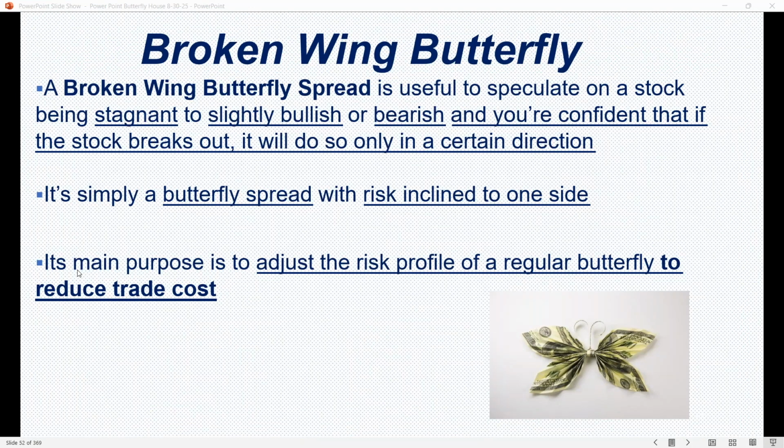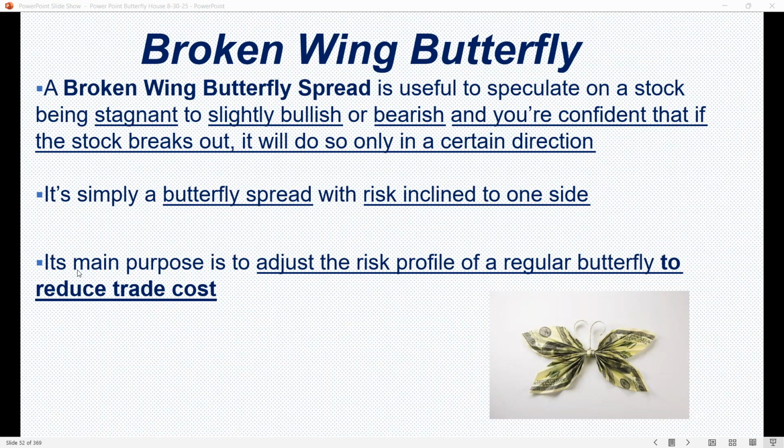Now here's one that John was just kind of referring to. This is what we call the broken wing, or sometimes you might hear it called the skip strike butterfly. And the butterfly broken wing is very useful to speculate on something, a stock, security, whatever, that's kind of been stagnant to either slightly bullish or it could be bearish, depending on your bias to the market,